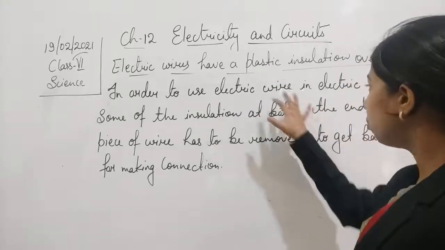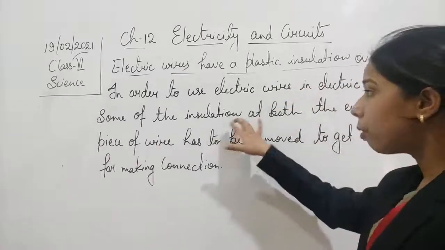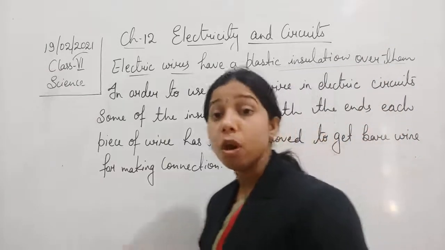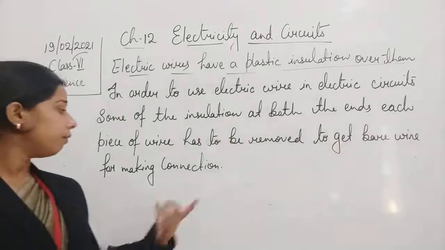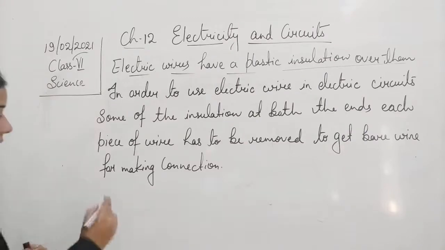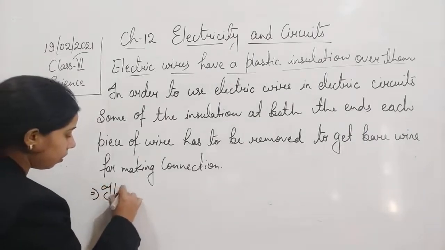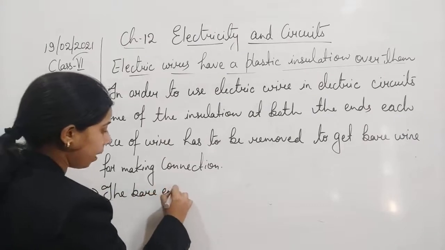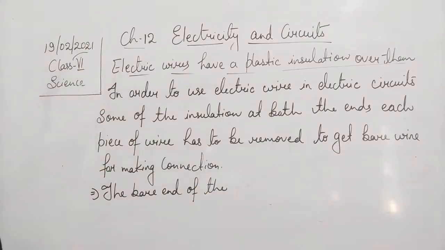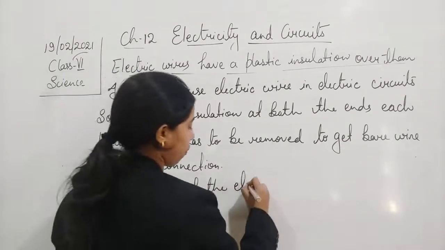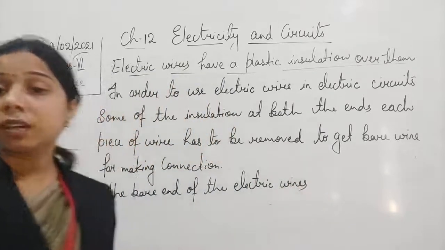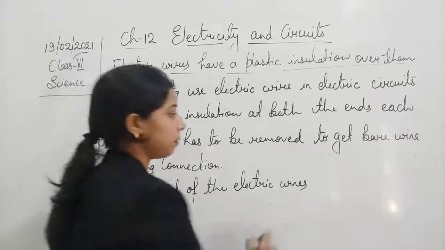We will use that electric wire and remove some of the insulation, especially at the end, from each piece of the wire. Okay, and then we will connect them to each other. Now, the bare ends of the electric wires can be connected to the two terminals